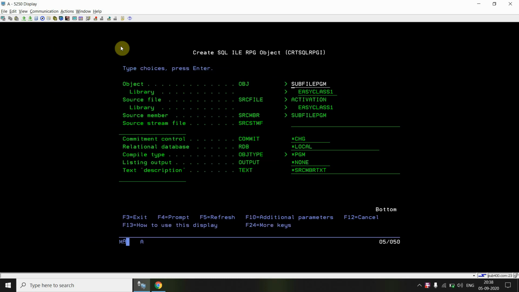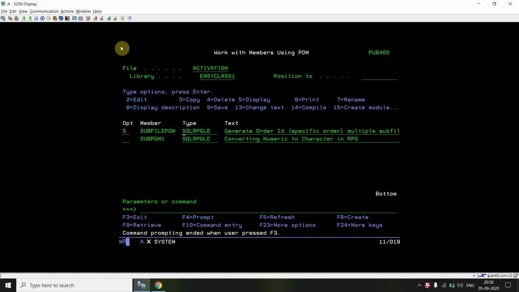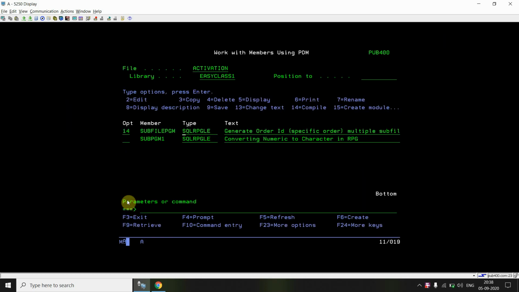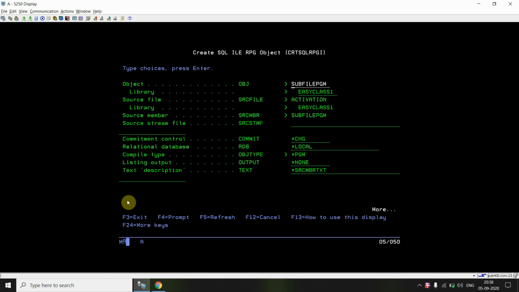So let's compile this. As I already said in the program, set option commit equals to *NONE. So if I forget it from here, we won't worry, because this condition will be overridden from the program.